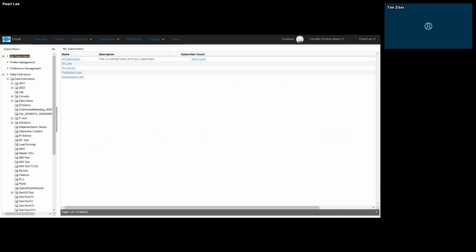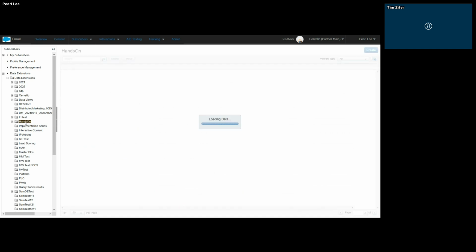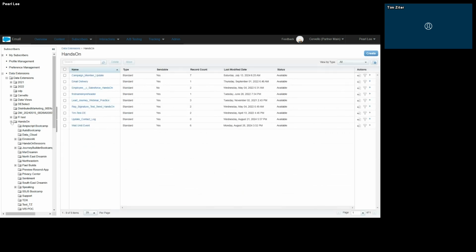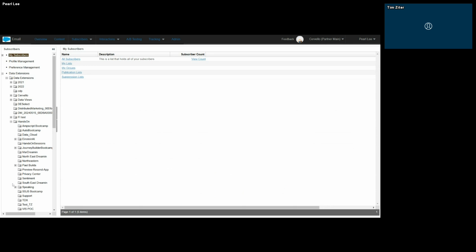Now we've got a bunch of different folders here. Let's go to that Hands-on folder on the left, about halfway down. There's a little further up. Yep, and let's hit the plus sign on that too. That'll open up that folder. And we're going to create a new folder for this group, so we can capture information there.